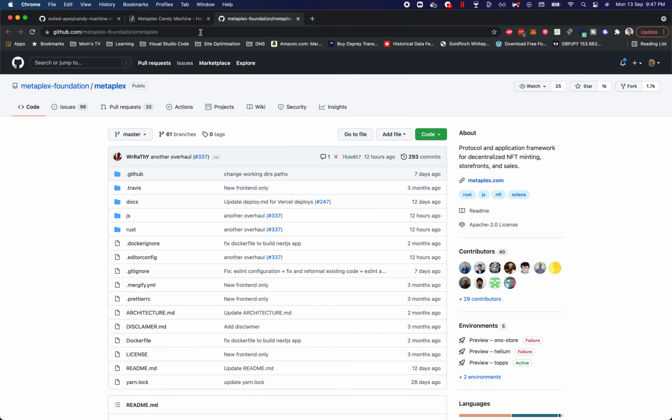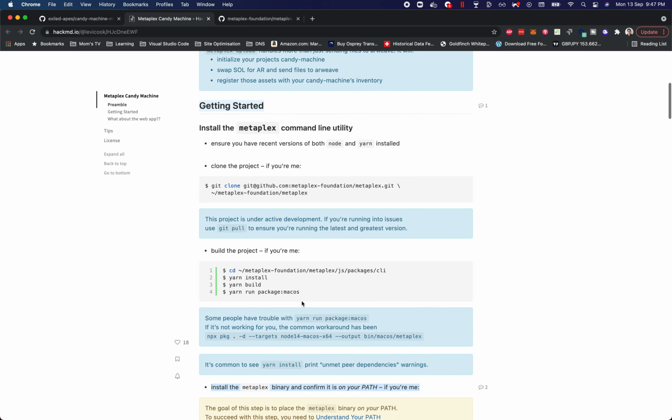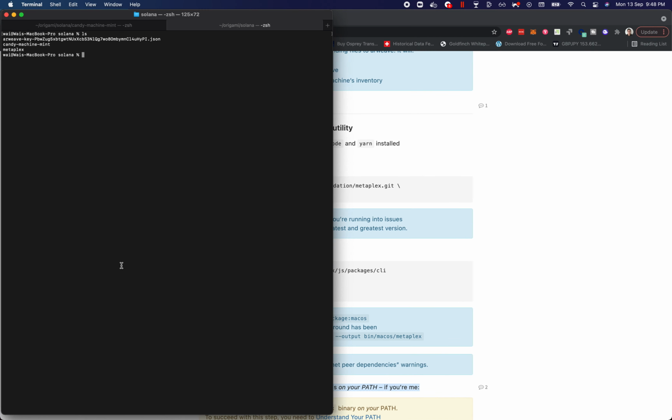Once you're done with that, you move on to the next part, which is to cd into the directory of where the JavaScript files are, install the node packages, and then build the files. If you follow this line over here, it may not work for you. So just to show you how to go in there manually, you cd into the Metaplex folder, and in the Metaplex folder there's a JS folder here, you can see it here. Once you're in the JS folder,